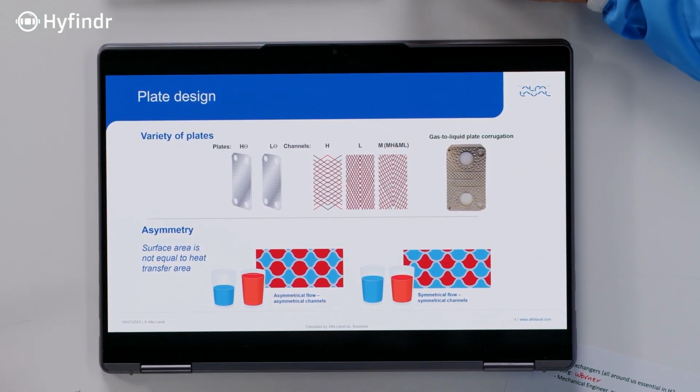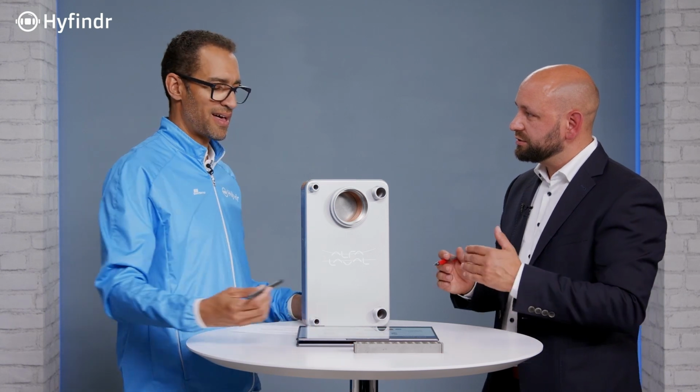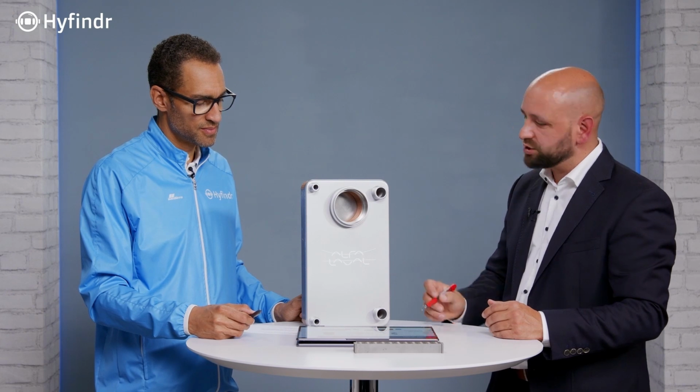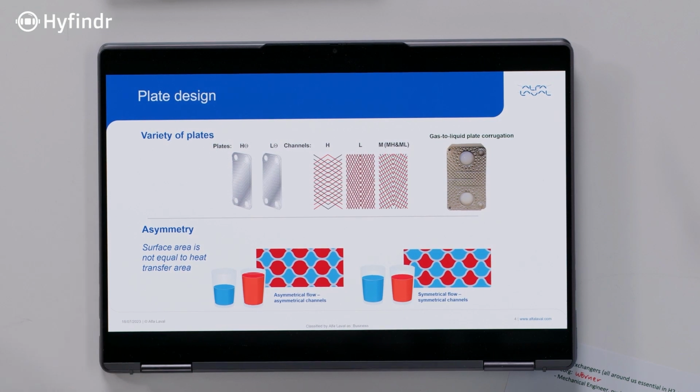High theta and low theta means high efficiency and low efficiency, and efficiency always goes along with pressure drop. You can have high efficiency and a higher pressure drop, or you can have a little lower efficiency but also a lower pressure drop. So depending on the process demand, we can adjust by either having one sort of plate or mixing the plates with each other. Then we form different channels, and those different channels are suitable for different process applications and process needs.